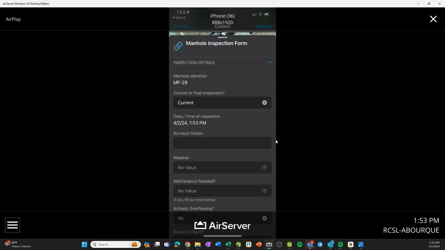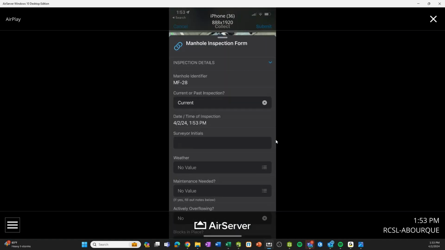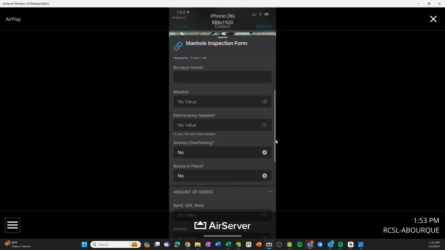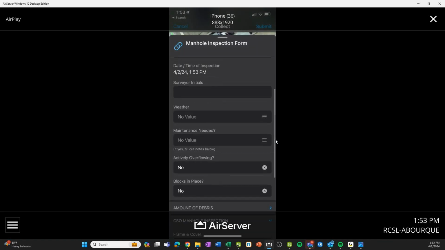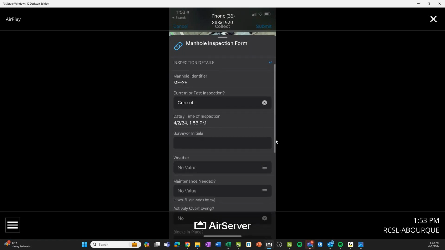And based off of, if we put past, then we can put the date or time of the inspection. And once she goes through with Kyle and enters in all the past inspections, maybe we can get rid of this question and only have the current time and date. But I think there'll always be a time where you might do something and maybe you didn't use the GIS to record it. So I can put the initials, I can put the weather, and fill out a lot of this pretty quickly. And it's still just like the survey has groups, and everything is accessible by one application,